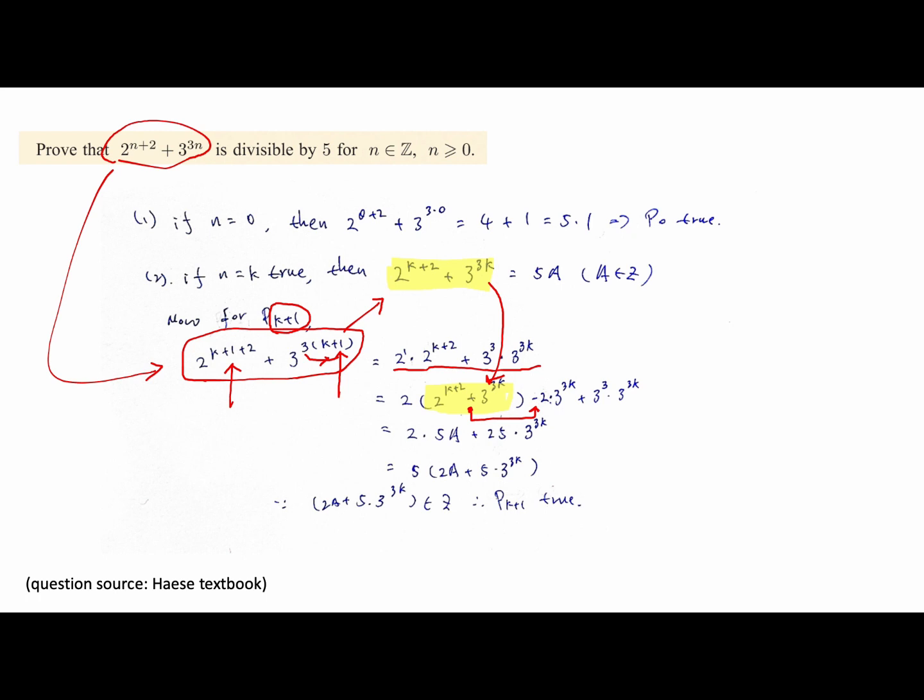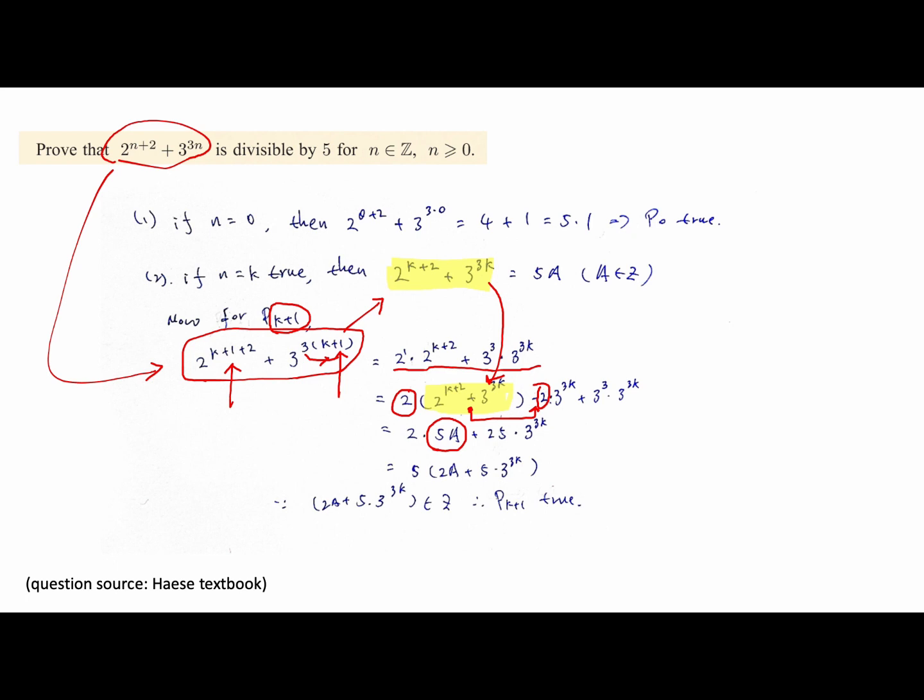because you plus a 3 to the power of 3k, and then you introduce something else to this expression, and you want to balance it off by subtracting this part. And you just need to be careful, there is a 2 in front, because there is a 2 outside of the bracket. Alright, then you substitute the yellow part as 5i here, and then